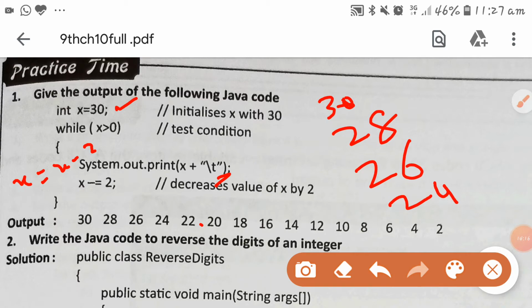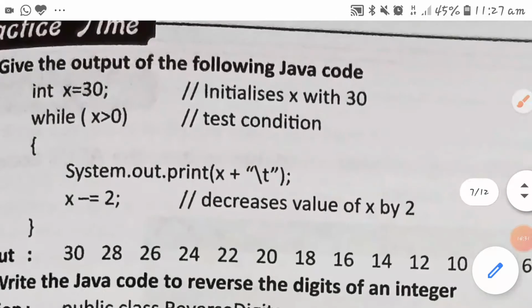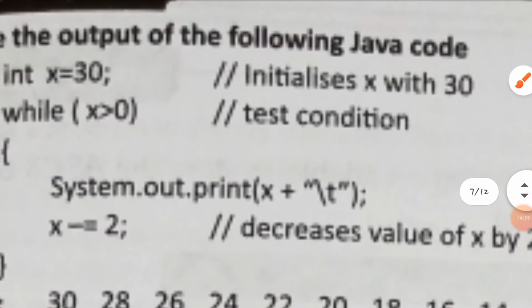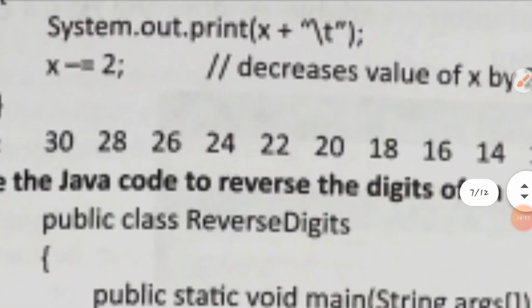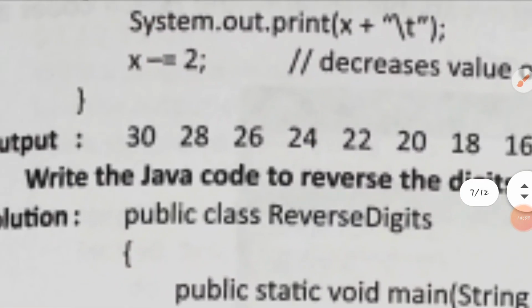So up to when? When it is greater than 0. So 2, then 2 minus 2 is 0. It should be greater than 0, so the loop terminated. So this is the output.